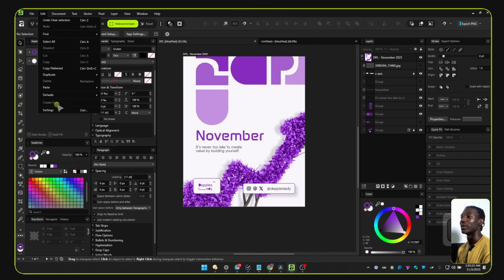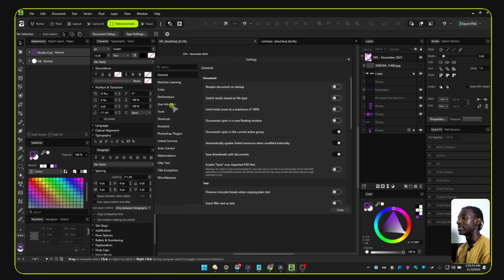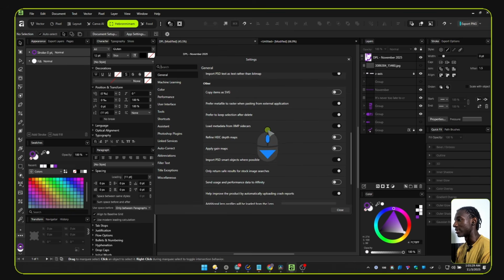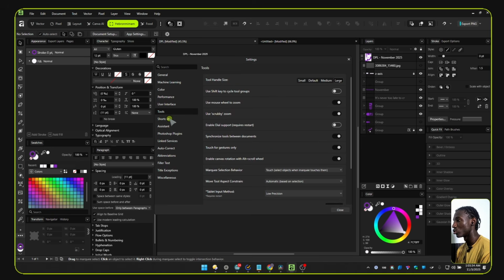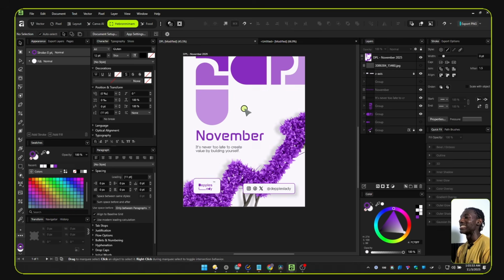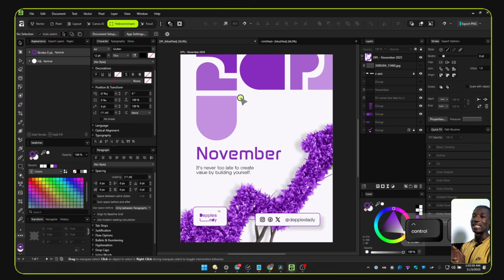Okay, I have remembered now. It's in general. No, Tools. Yes, Tools. So this is it. Enable canvas rotation with Alt scroll. Turn it on so that you can do that. Tools handle size, leave it at large so that when you're using your pen tool or any tool that has those small points, it will be large for you. And that's it for getting started with